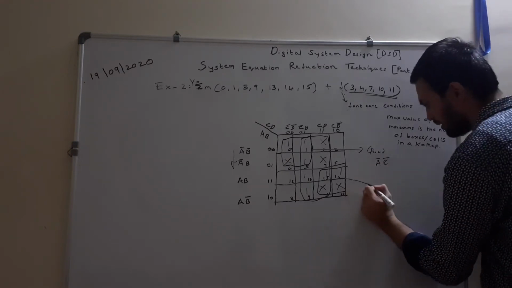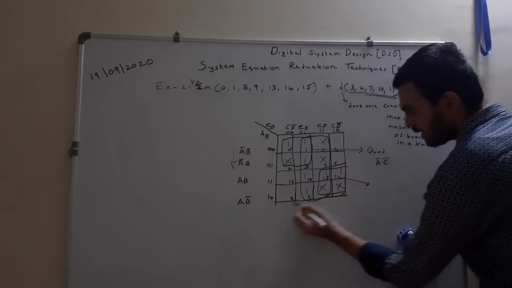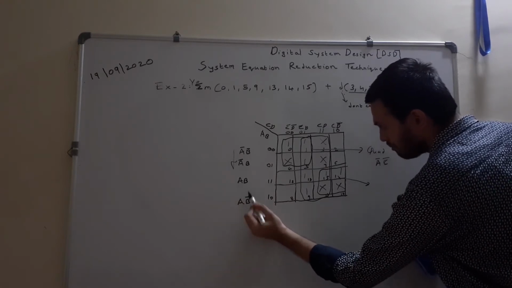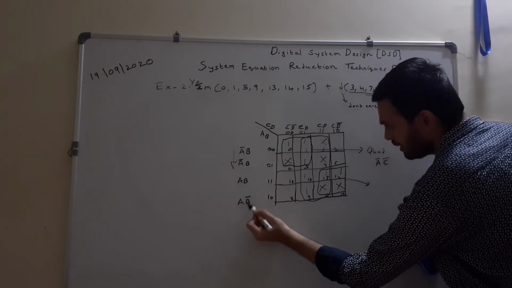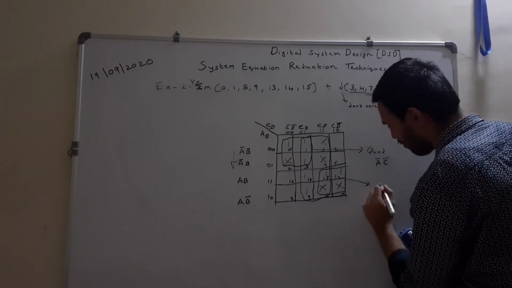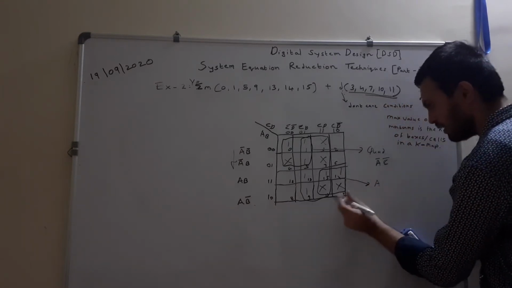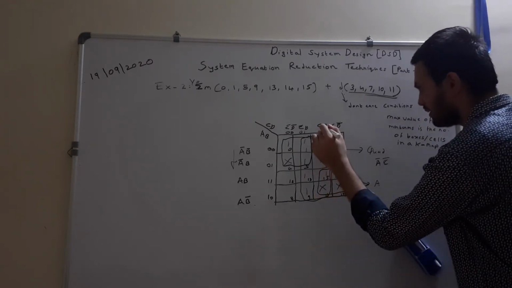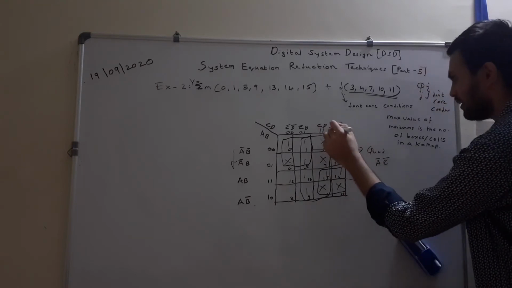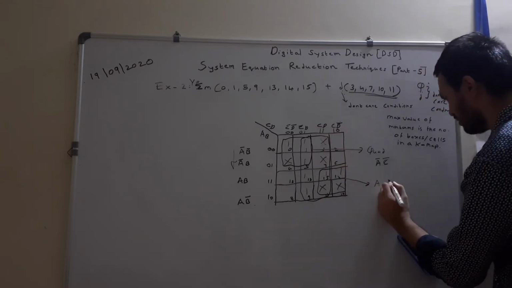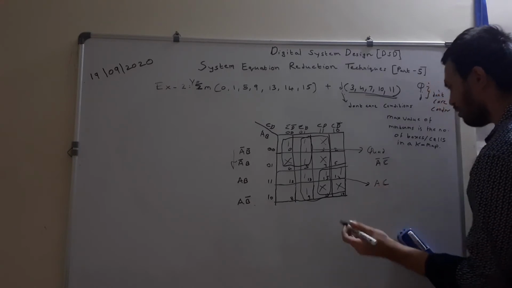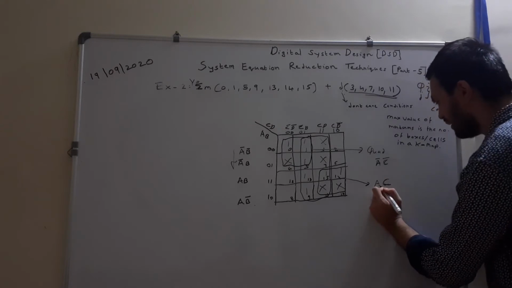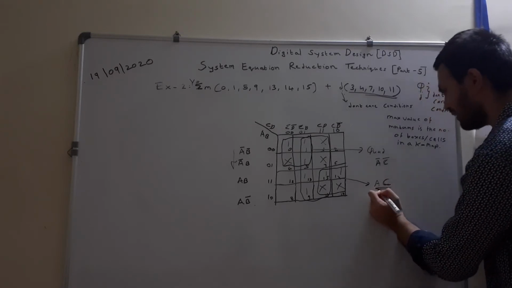Now let us have a look at the second quad which is present over here. The rows corresponding to this are AB and AB bar. Which term is changing over here? B is changing, so B gets eliminated, and whatever term remains constant will come over here. Now let us check the column values CD and CD bar. As you can see, D changes to D bar and C remains constant. So from this second quad also two variables are eliminated, that is B and D, and from this second quad we get AC at the output.